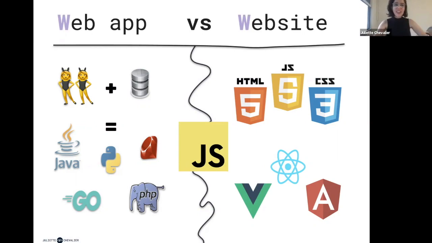Or even before, if you've been on the internet for a while, you probably remember getting some flashes and alerts saying you need to download JavaScript or download Flash, download Java, and so on. And the real beauty of JavaScript is that it's the only programming language that can be used on both ends. It can be used as a front-end language and as a back-end language, which is really how these frameworks were born. Because you can pass in some data that you would usually only be able to do with these languages, but have it all be in the front end.